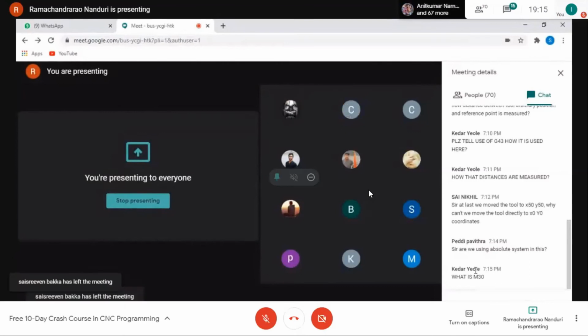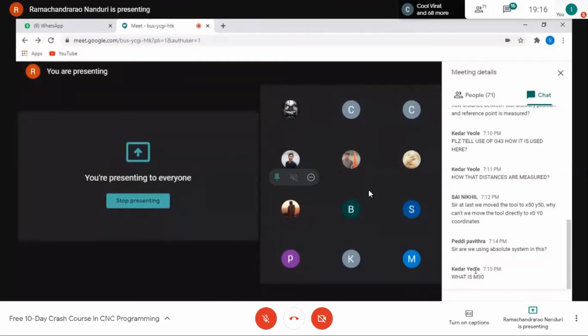Kedar, what is M30? M30 means the end of the part program. That means there are no more instructions given to the cutting tool or cutting actions. That is the end of the program, and if we have multiple workpieces, we can go for other workpieces, or we can switch over to some other program.